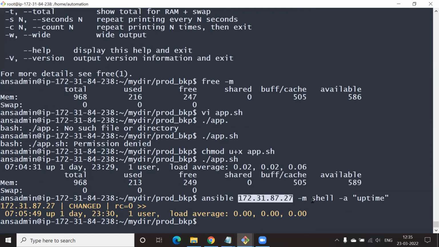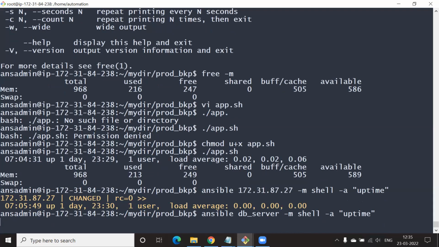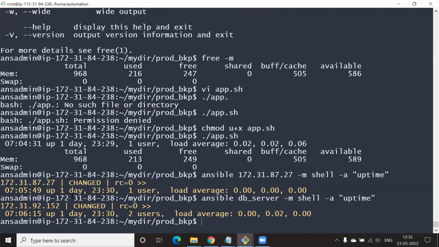Okay. Now let's say ansible, give a group name like web server instead of the IP address. Maybe give DB server instead of web server, because that is what we just did. Run it. Yes, working. Now give all_servers.